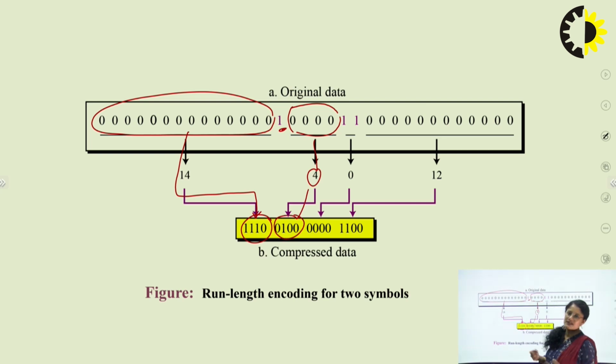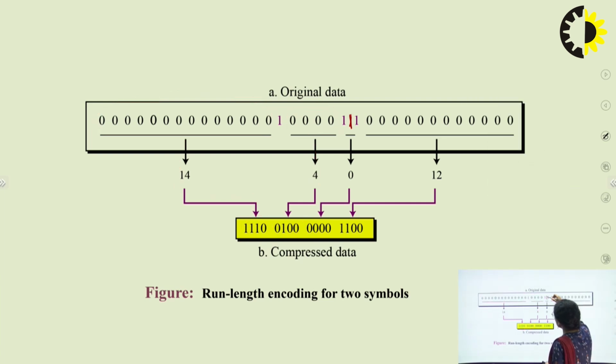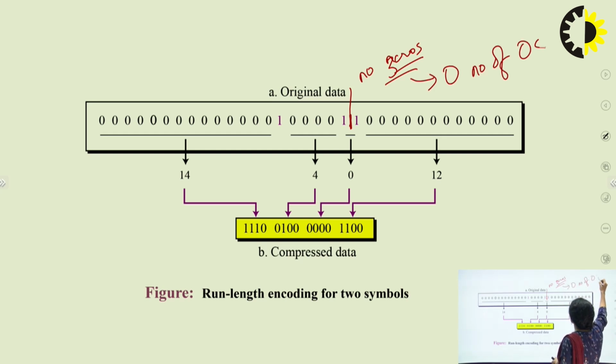We are going for 4 bits in this particular example. Based on your requirement, on the kind of data you are handling, you can decide whether you go for 4 bits, 5 bits or any number of bits. After that, we have a 1. We are not representing the 1, rather the number of zeros that comes before it. If after a 1 and before the next 1 there are no zeros, we say there are 0 zeros. That 0 is again represented by the 4-bit pattern 0, 0, 0, 0.